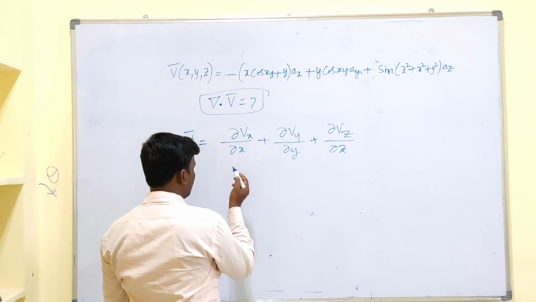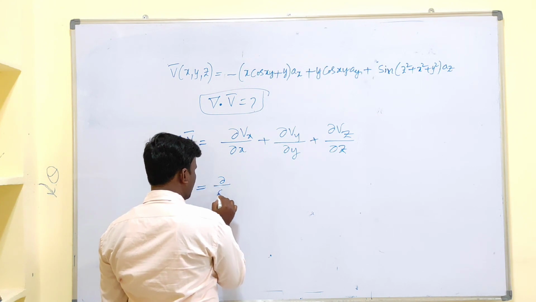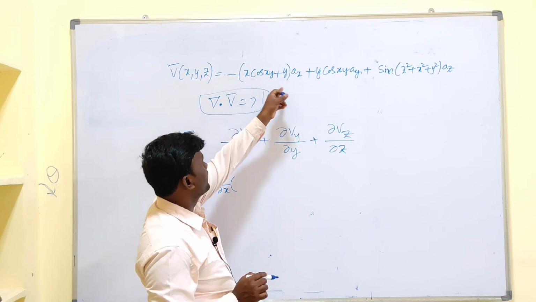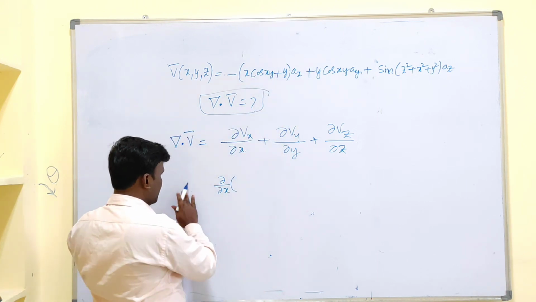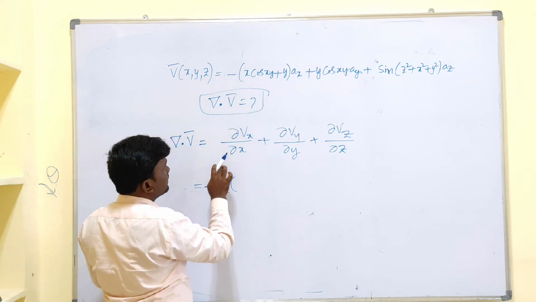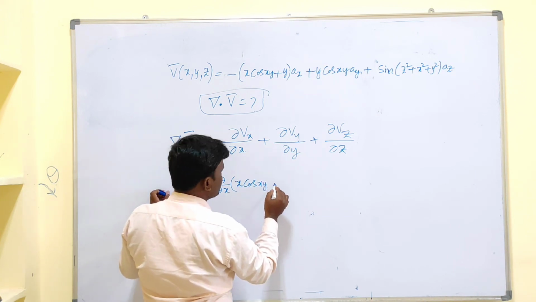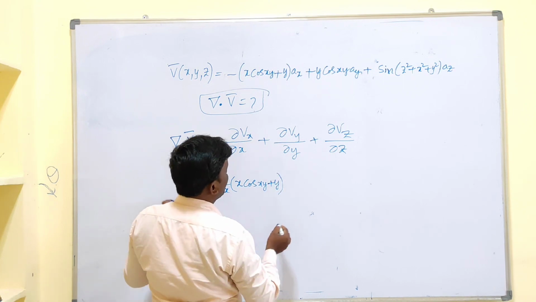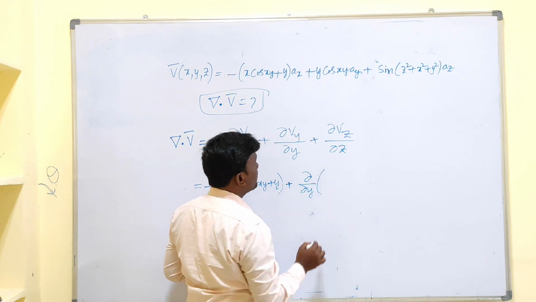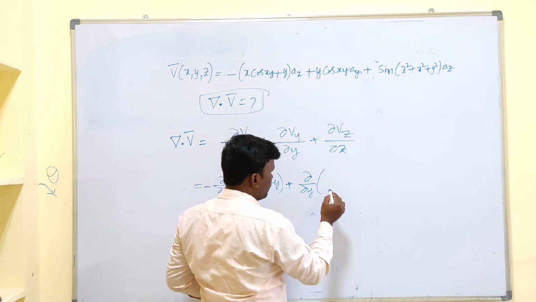Now first write these things, that is dou by dou x of vx. What is vx? Except the unit vector, remaining part is what? That is vx only. I am writing here as I have the minus sign. Okay, I am writing this minus sign here, that is dou by dou x of x cos xy plus y, plus second term, that is dou by dou y of the y component, means the coefficient of unit vector ay. So that is what? y cos xy,